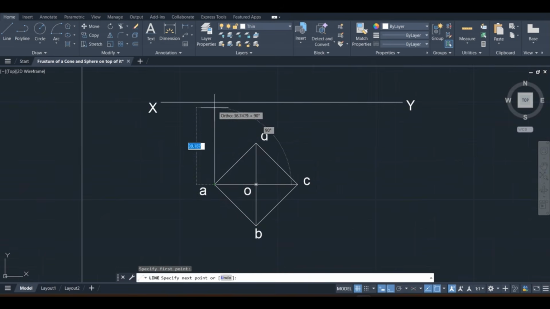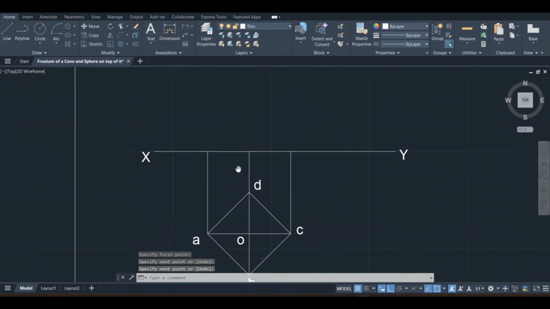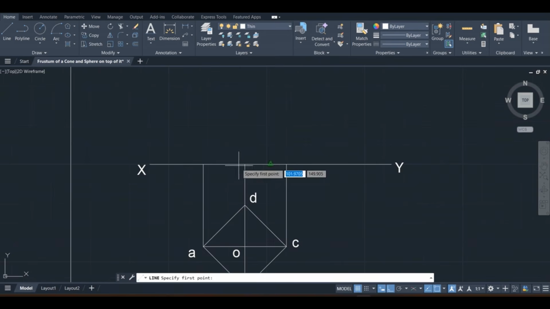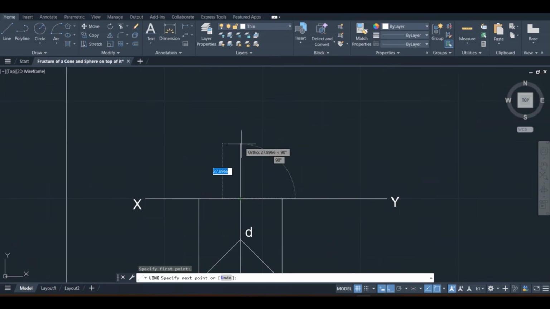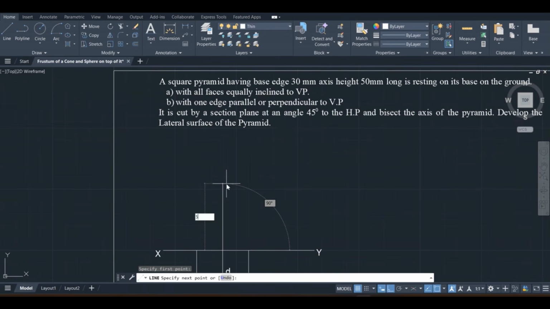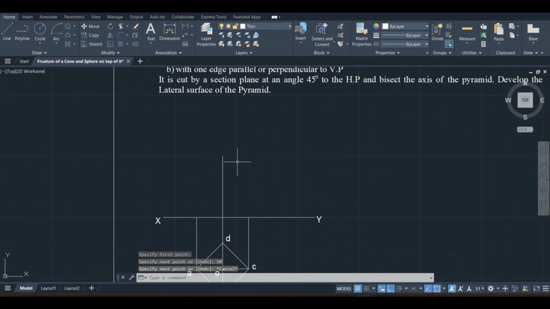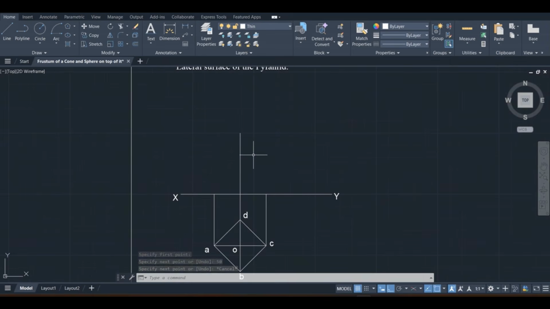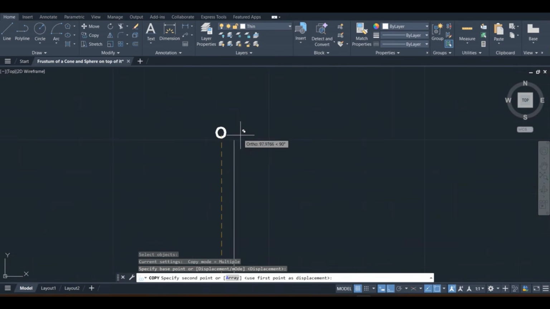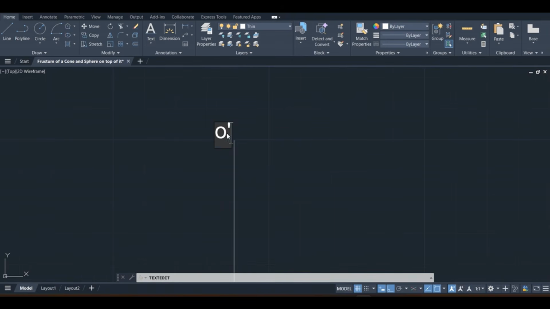Draw the projectors from these points to obtain the front view. B and D come on the same projector. This is C projector. And the axis height is given from the center, that is 50 mm long. Now this is a peak point, so its name comes. This is O dash.